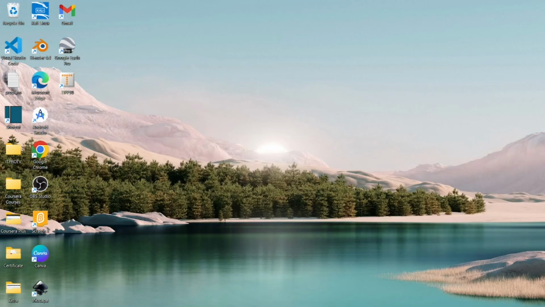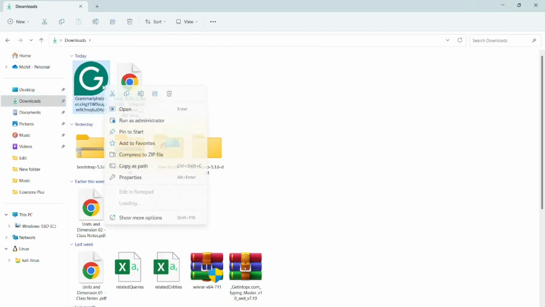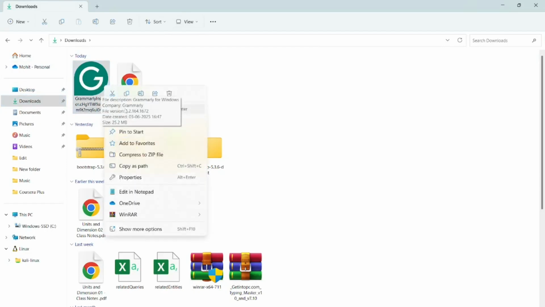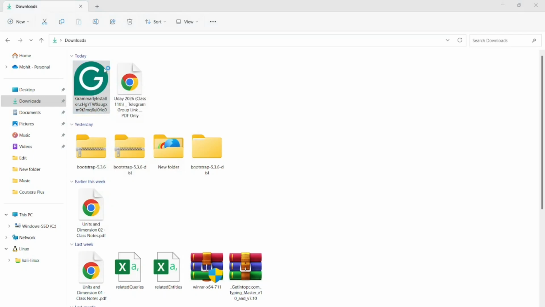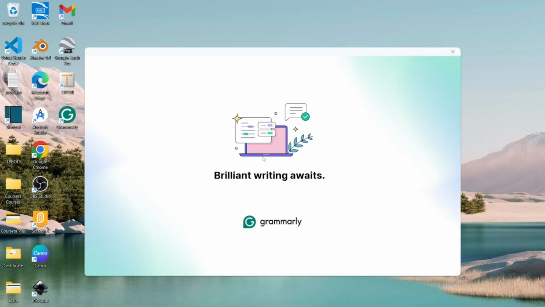Let's install it. For installing, reach where the file is available. Here the Grammarly installer file is available. Right click on it and click open. After clicking open, wait for some seconds to complete this process. When the process completes, you see Grammarly